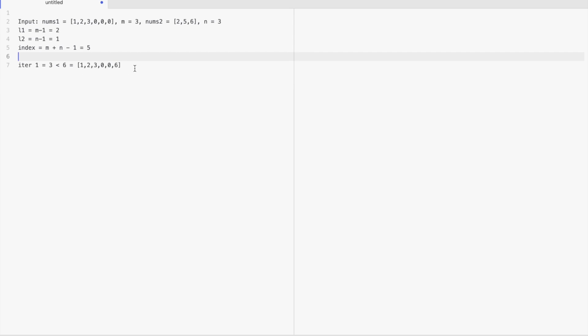So after iter 1, my L1 is still 2 and L2 is 1. So basically my L1 is at the 5th position. Now in iter 1, iteration 2,